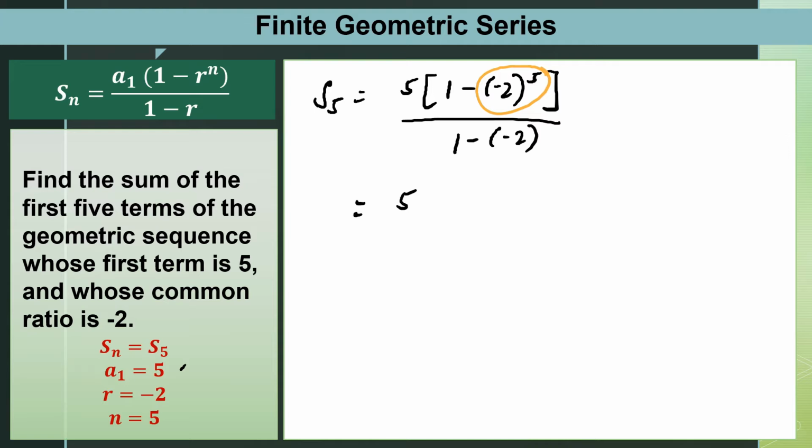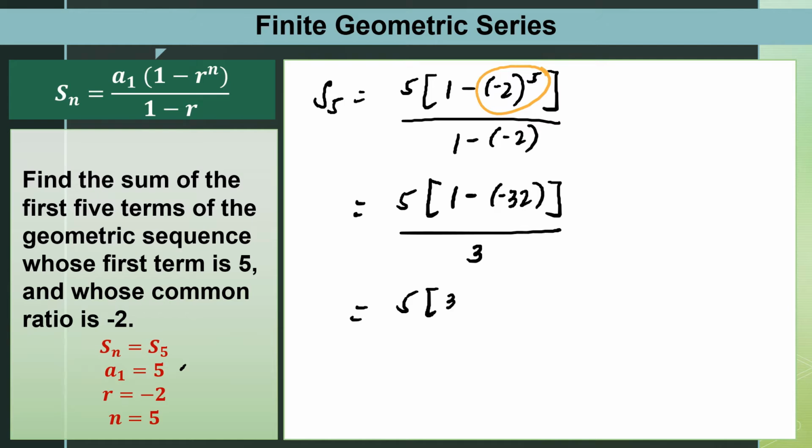We have 5 times 1 minus -2 raised to 5 is equal to -32 all over 1 minus -2 is equal to +3. So, we have 5 times 1 minus -32 is +33